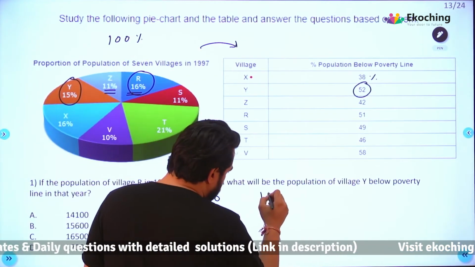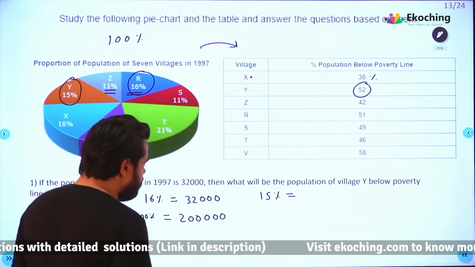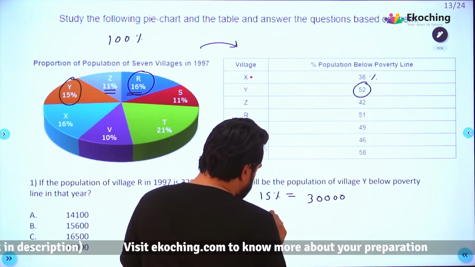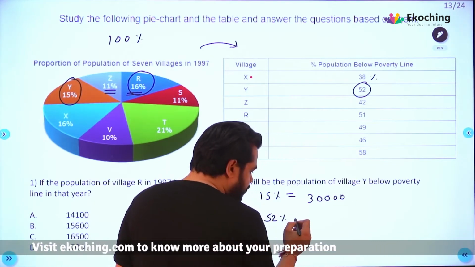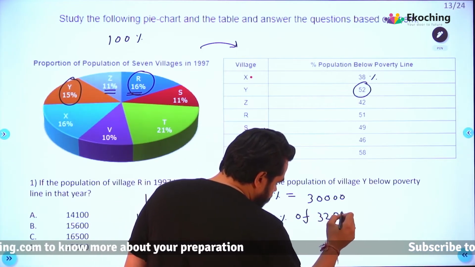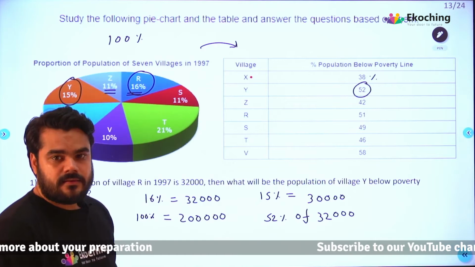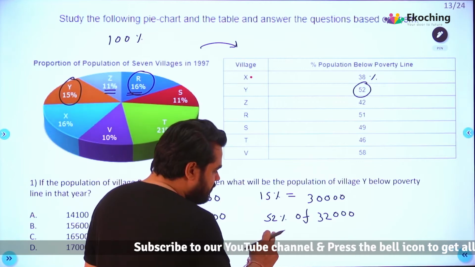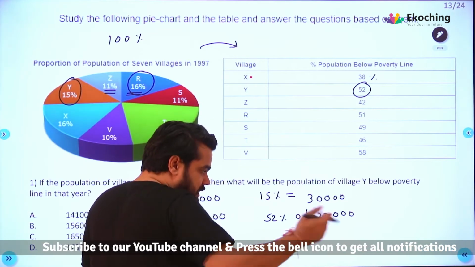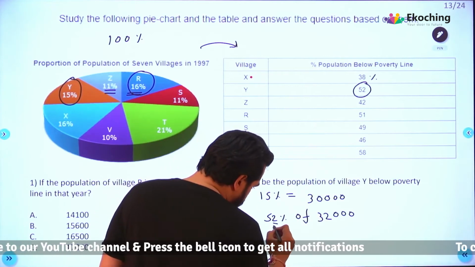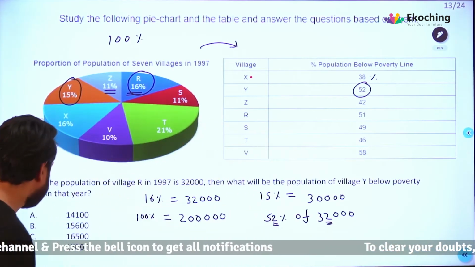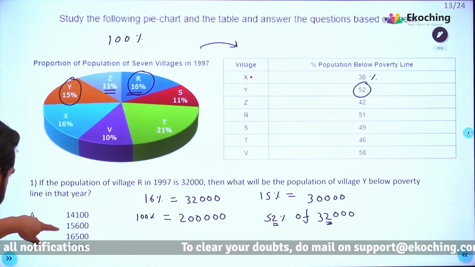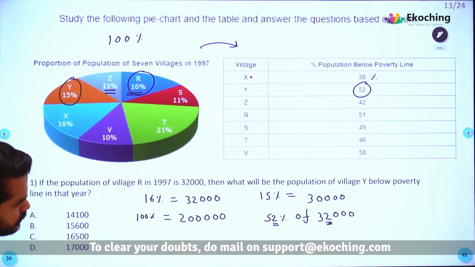चलो पहले उसका 15% निकाल देते हैं. 15% कितना होगा? इसका 30,000, और उसका 52% कितना होगा? So we are supposed to find 52% of 32,000, right? चलो इसका लास्ट डिजिट क्या होगा? 0, बिकॉज 52 के नीचे अगर आप 100 रखोगे तो 2 0 कैंसिल हो जाएंगे, एंड 0 से आगे क्या होगा? 2 into 2 4, ये 2 into 2 4. So is that enough for me to find the answer? No, it's not, है ना? बिकॉज यहां पर अभी सारे ही 0 0 है और 2 into 2 4 कहीं पे दिख नहीं रहा है,